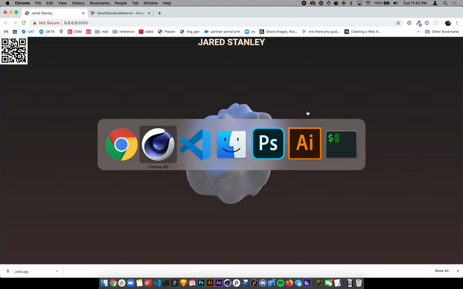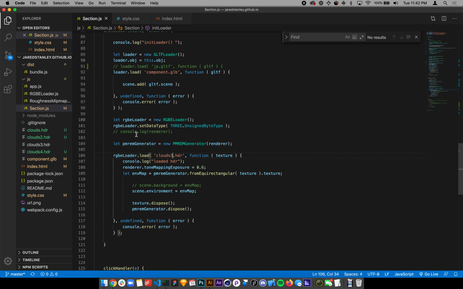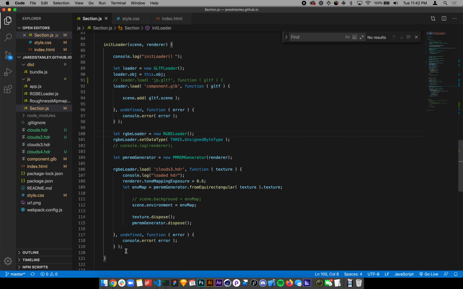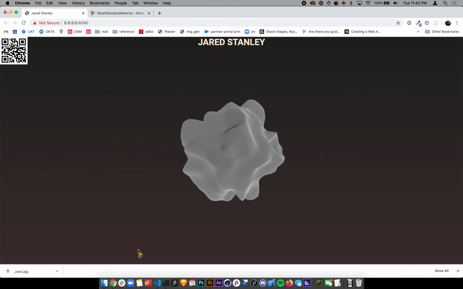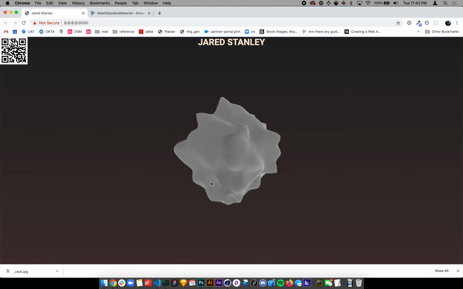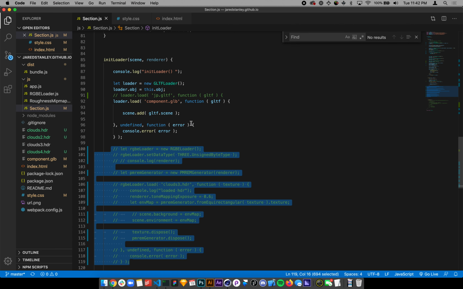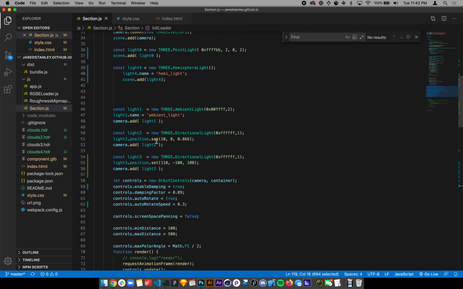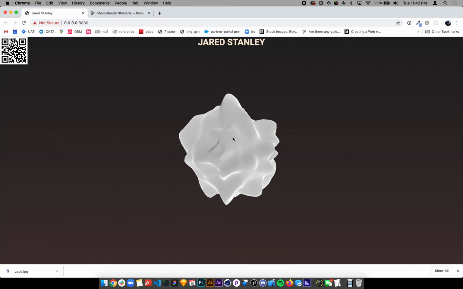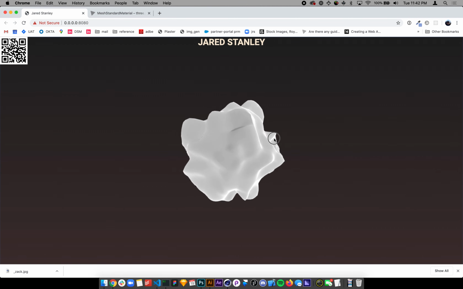In fact, back in JavaScript, let me turn this whole thing off here. Let's see, I think it's here to here. Save that. So now this is just lights. I have a bunch of lights here, 5 lights. So this is with default lights, and again, it's really, really nice looking,